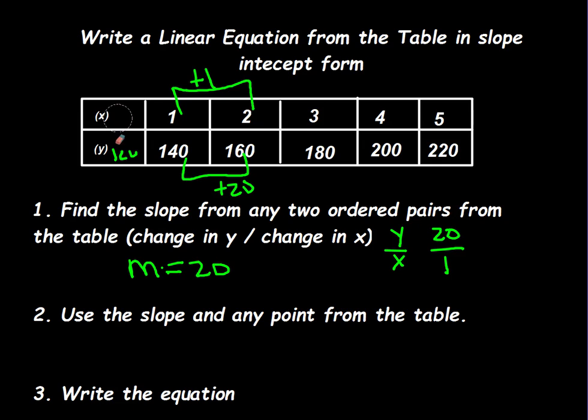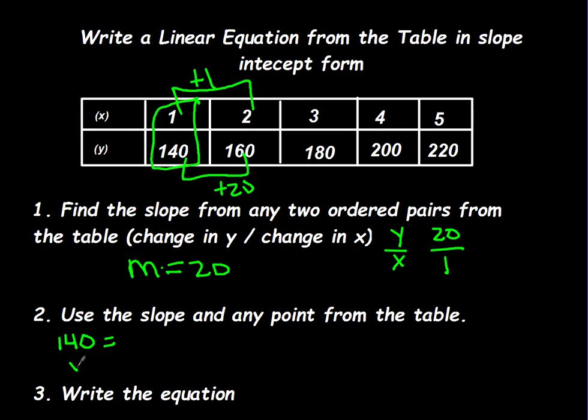But if I don't do it that way, or if the numbers are several numbers apart, all I'm going to do is substitute in what I know and solve for what I don't know. Let me show you what I mean by that. So use the slope and any point from the table. I'm going to choose the very first pair right here. And I say the y, which is 140,